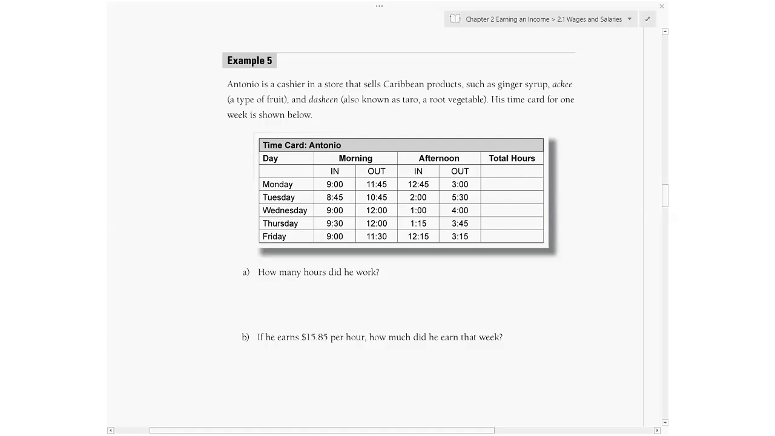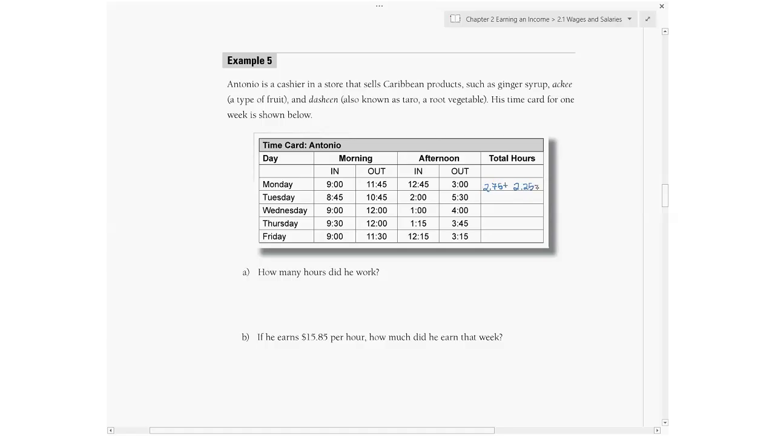Well, from 9 to 11:45, 9 to 11 would be 2 hours. 45 is 3/4 of an hour, so that would be 2.75 plus, and then he came back at 12:45. Let's go from 1 o'clock to 3 o'clock would be 2 hours, and then an extra 15 minutes because he worked from 12:45 to 1 o'clock. 2.75, from 12:45 to 1 o'clock would be 15 minutes plus the 2 hours, so